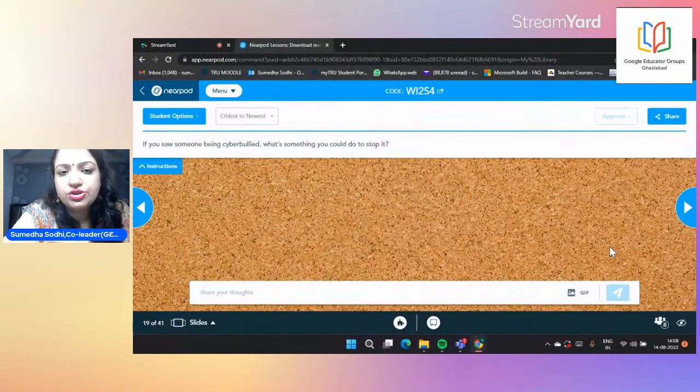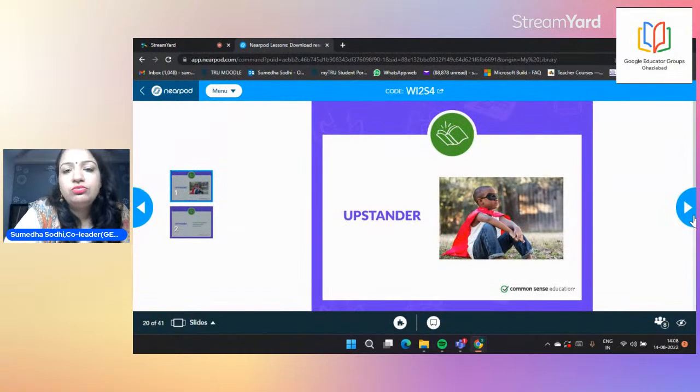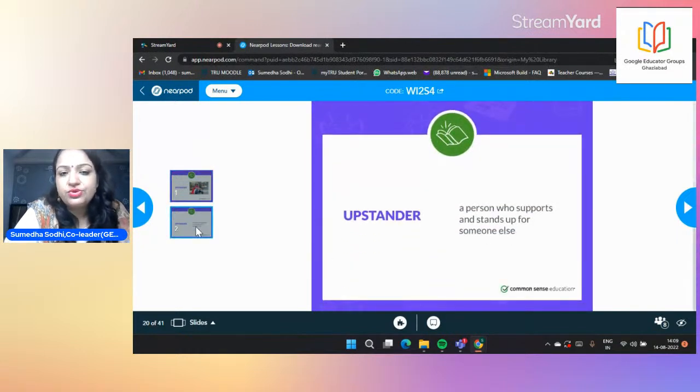in such situations. So you can make a situation based role play or simulation, and then children can write their thoughts through a mind map, or they can verbally speak it, and you can record these activities in the classroom. So that will really help you to document your activities in a very interactive and creative way. Another important term that you must introduce to your students is upstander. So an upstander is a person who supports and stands up for someone else who is facing bullying or